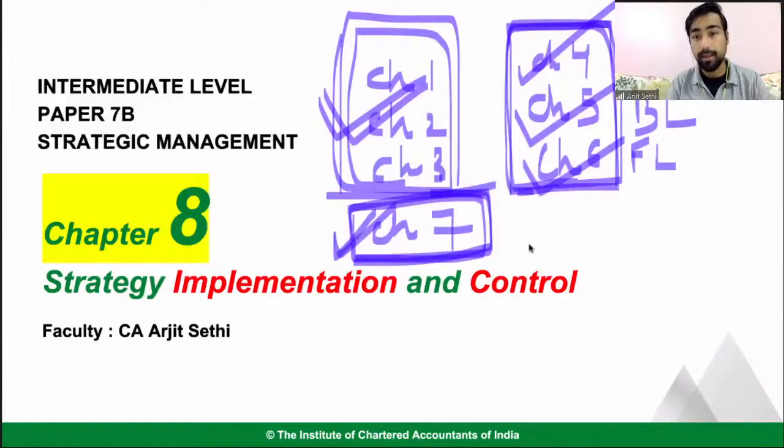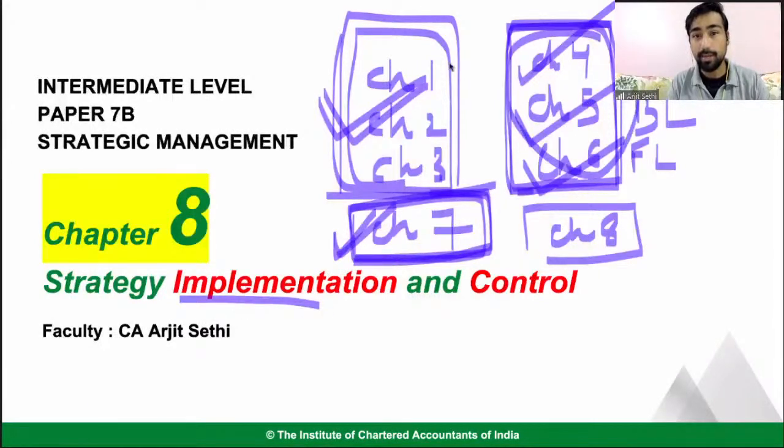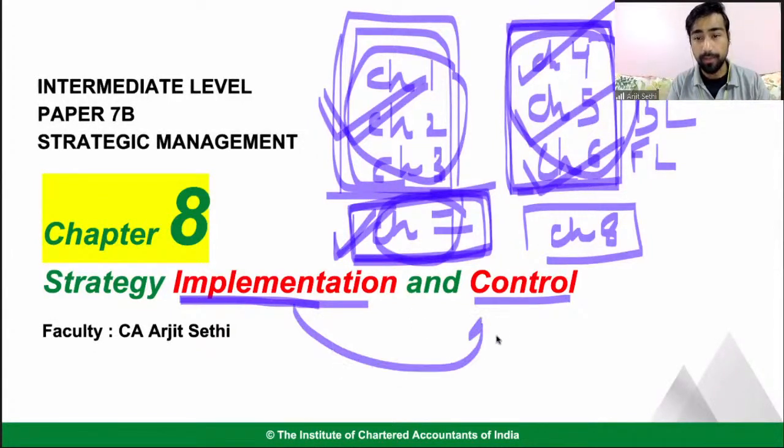Chapter number 7. And today we will start with chapter number 8, which is telling me how to implement all this, how to use all this. I've done all this, but now how do I do it in the company? How do I implement it and how do I control it so that what I want is what happens, right? How do I implement these strategies in my company and how do I ensure that what I plan, what I want to do, people are doing that, and my company is achieving what I want to achieve? Chapter number 8 is what we have reached after all this tapasya. Okay, cool.